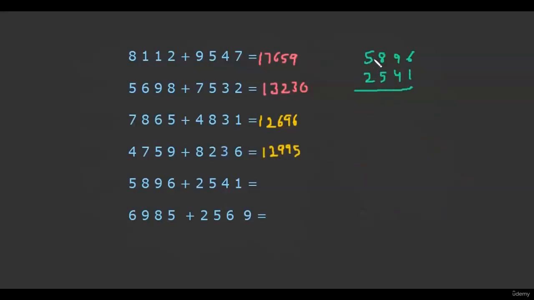Now 5 plus 2 is 7, but 8 and 5 are carry numbers. So we will write 8 over here. Now 8 plus 5 is 13, and 9 and 4 is also a carry pair. So instead of 13 it becomes 14, and the end number is 4. 9 plus 4 is 13. Now 6 and 1 are non-carry numbers. So we will not increase the sum. So the sum remains 13 only, and the end number is 3. And 6 plus 1 is 7. So the answer becomes,